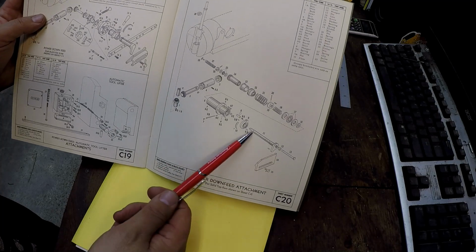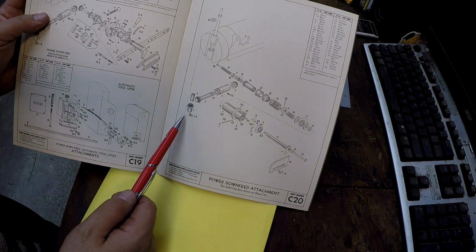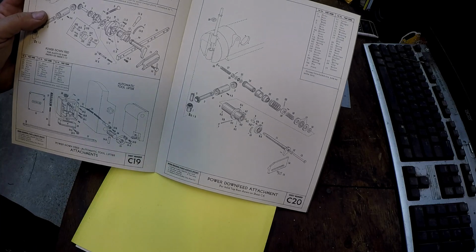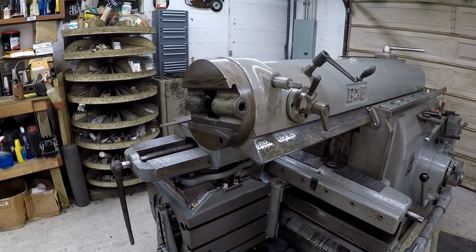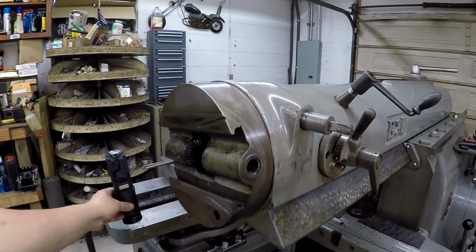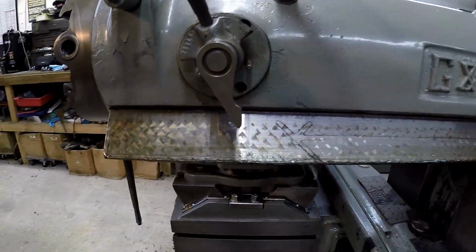This is the power down feed mechanism right there. So there again, it shows it. There is the bottom gear that goes right there with a key and the pins. So yeah, I went ahead and stroked the thing out, and that's how you can access underneath this. I guess that's actually how you're supposed to access the bottom of the ram for installing, removing these parts right here. So let me take you down here and show you what's going on,